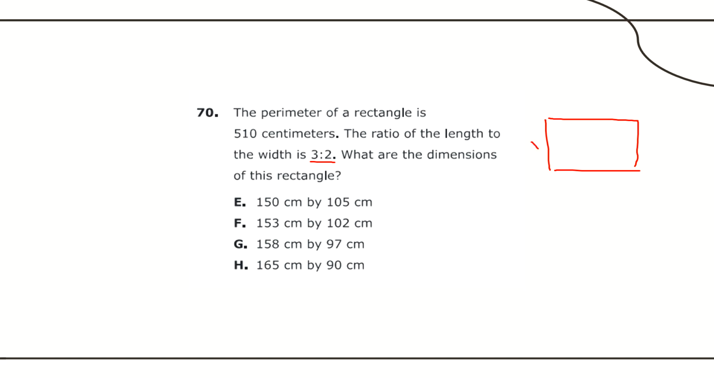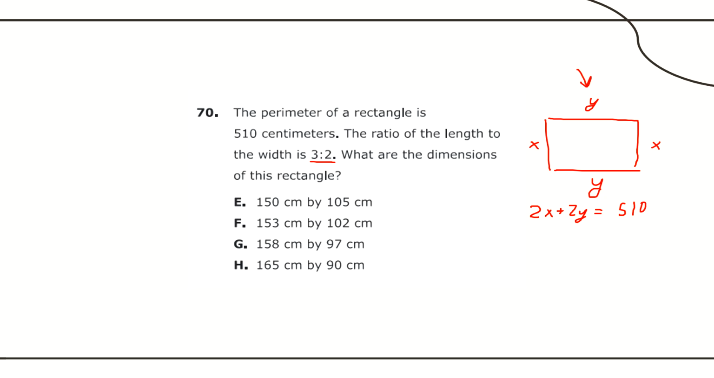So it would be like this, where x represents the width and y the length, let's say. And we're going to say that, well, finding the perimeter is just adding up all the sides. So there'll be 2x plus 2y is equal to 510. That's the first piece of information we know. The second piece of information we know is that,